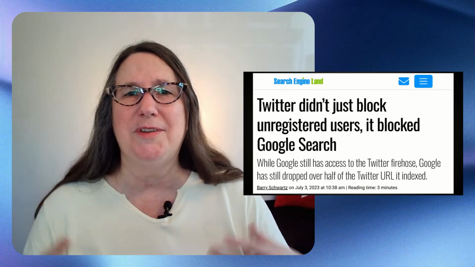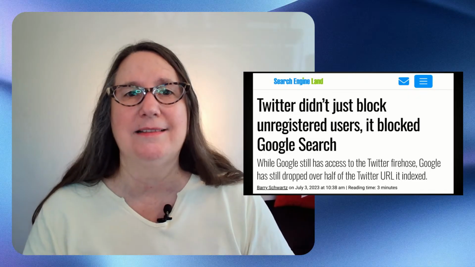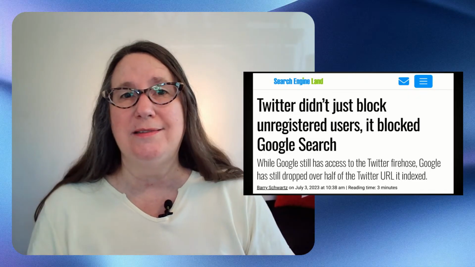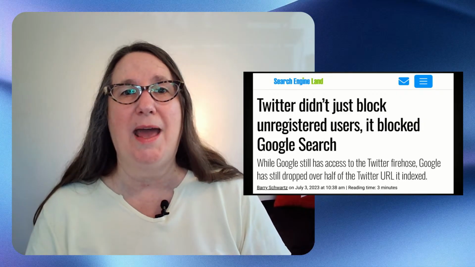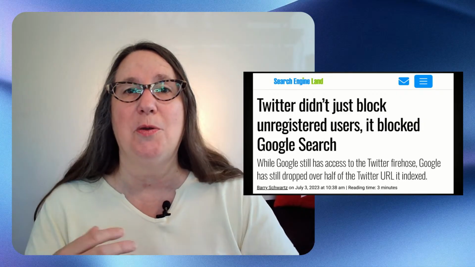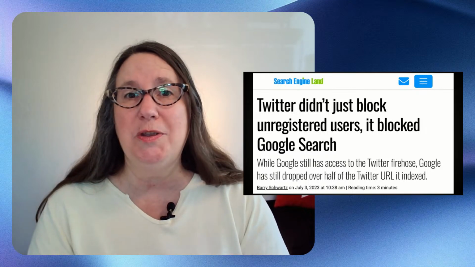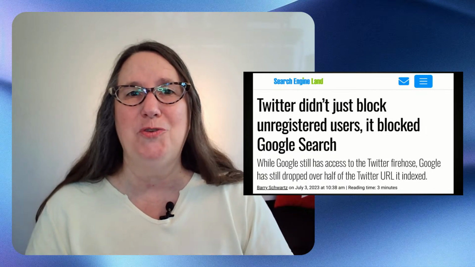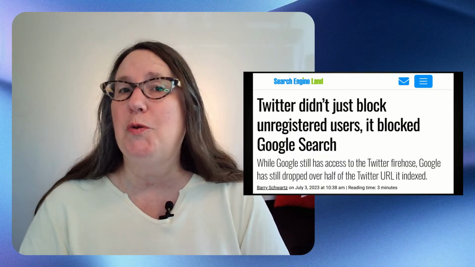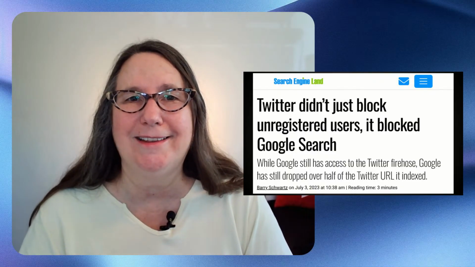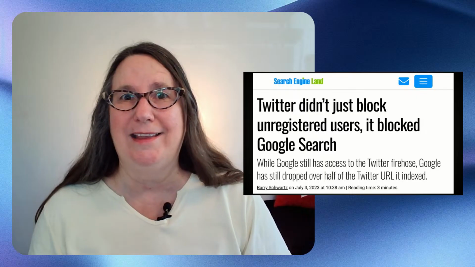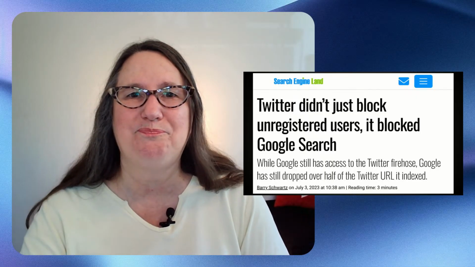Apparently, Google dropped something like half of the links to tweets in its index when this happened. They still had the Firehose for the most recent tweets, but the older tweets disappeared, and then a few days later, Twitter fixed that. So Google had access again to the older tweets so they could get them indexed again.